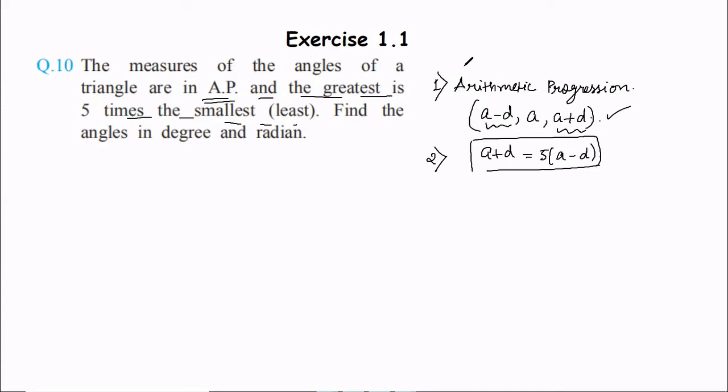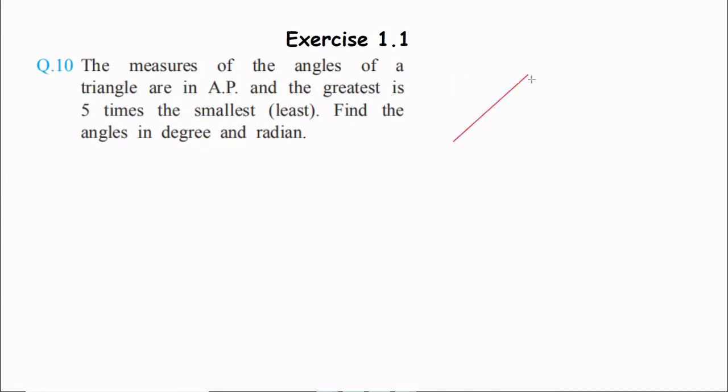First, let's draw a diagram, and then we can continue with the numerical. Triangles can be of any sort as they have not specified what exactly it will be. So the angles over here will be, for example, this is a plus d, this will be a, and this will be a minus d. So in this manner, we will have three angles. If you want, you can name them triangle XYZ. The solution starts from here.